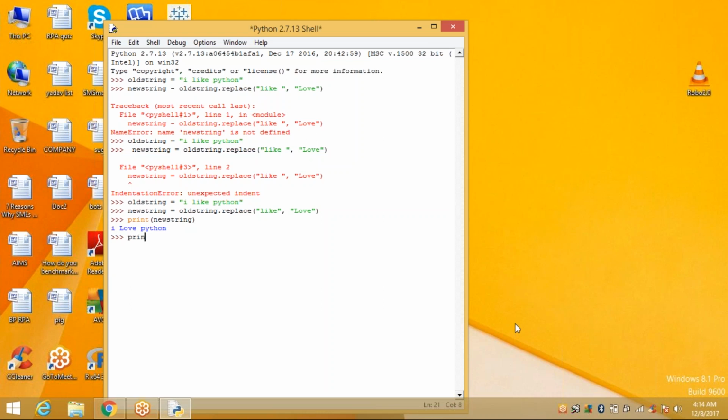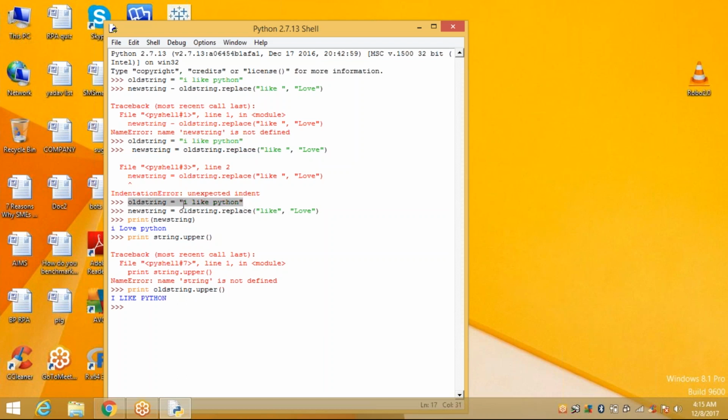Print old string dot upper. See here, we are defining old string is equal to I like Python.